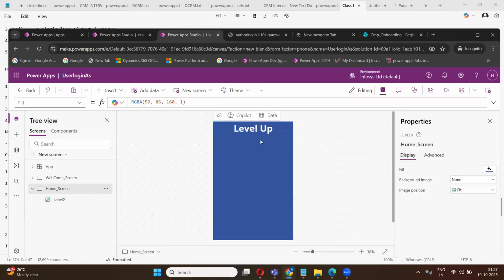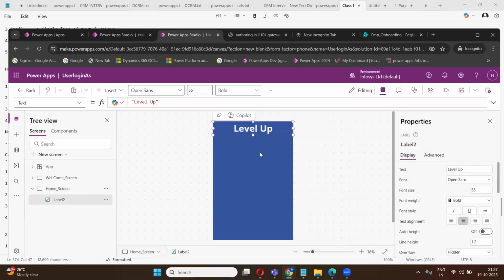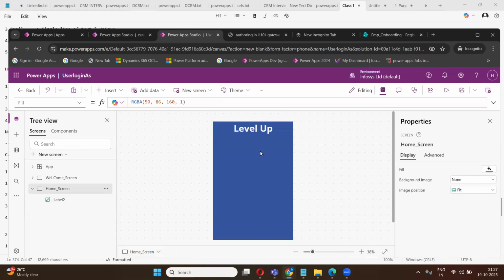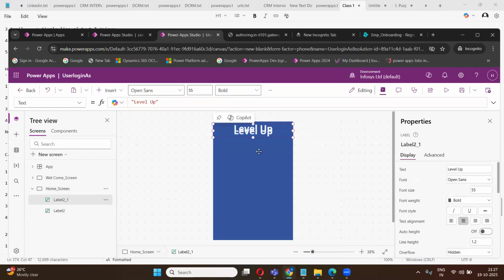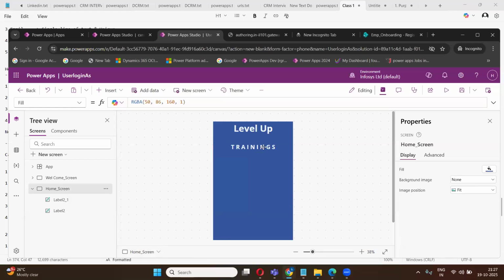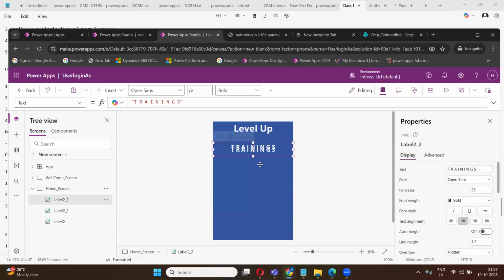Okay. Then what is the next control? Same control, right? What is the next text here? Is 5 enough size? Trainings. Develop training. Level up trainings. Next, port. I need to give one port for the level up trainings. Navigate to